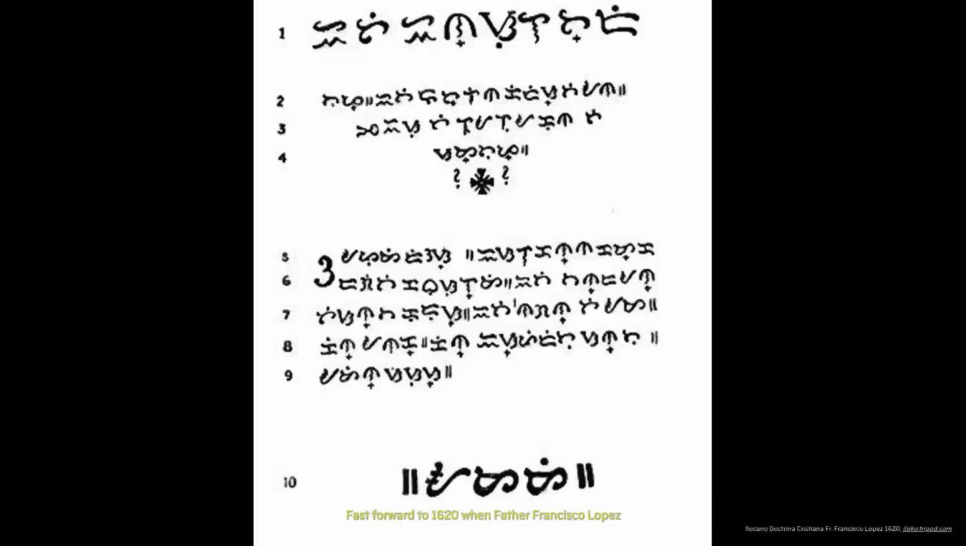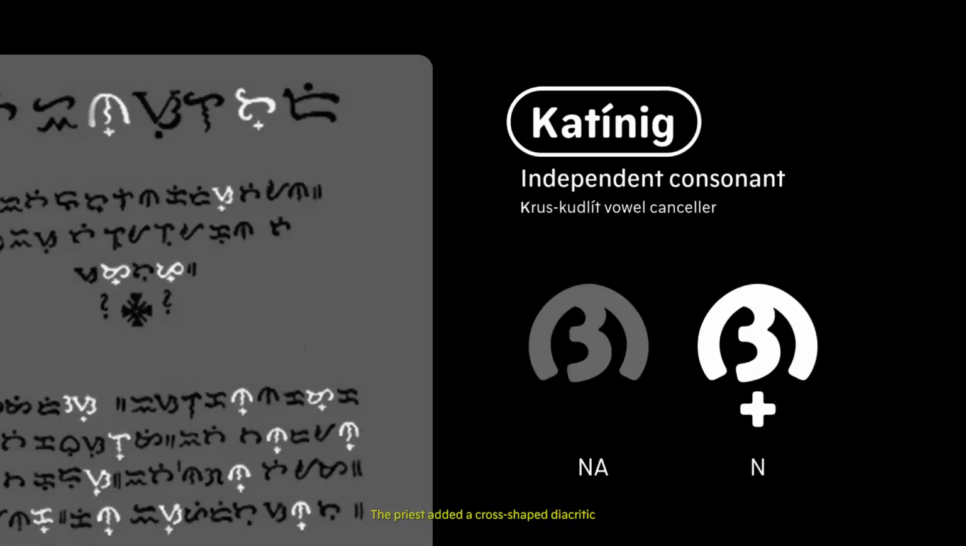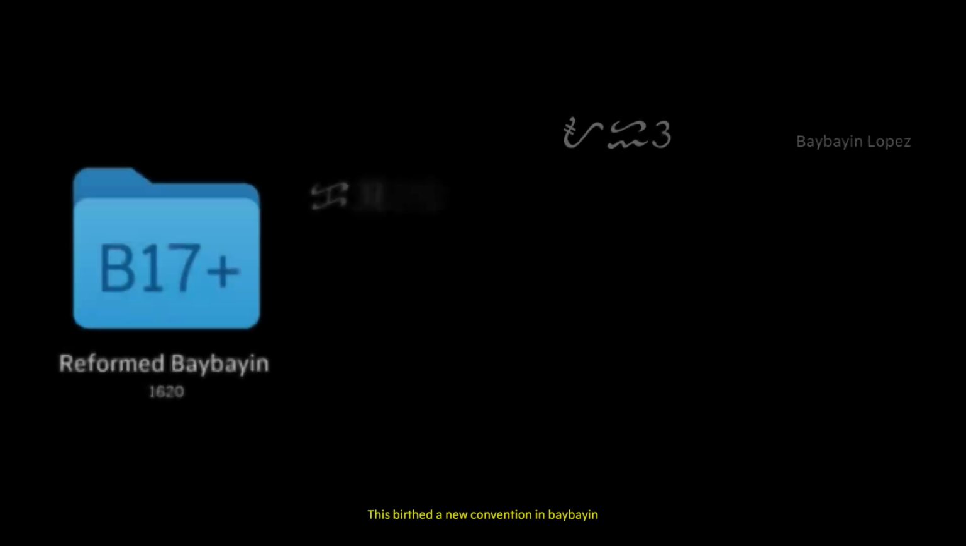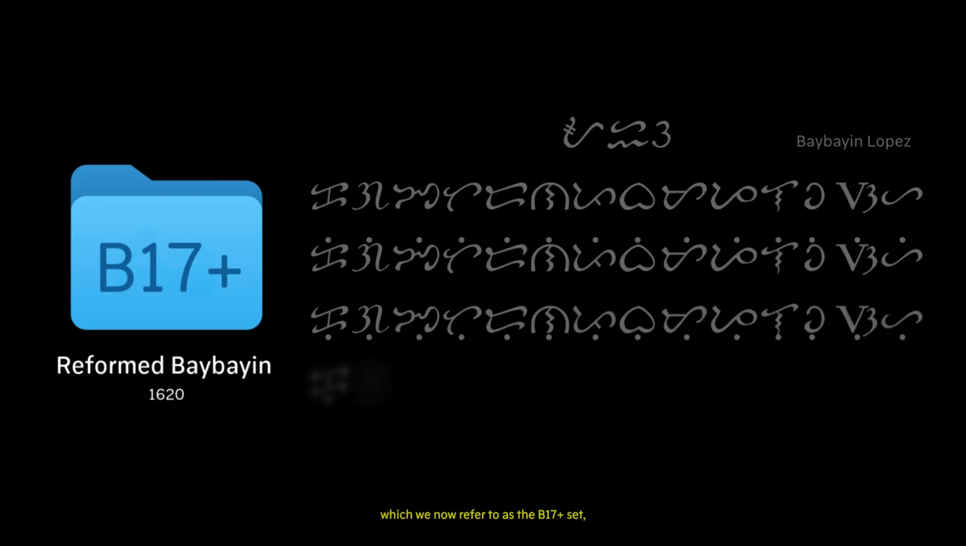Fast forward to 1620, when Father Francisco Lopez prepared to publish the Ilocano Doctrina, introducing a reform to Baybayin in an attempt to fix the omission of final consonants that the Spanish found confusing. The priest added a cross-shaped diacritic, or cruscudlit, below the base character to act as a virama or vowel canceller, producing independent consonants. This birthed a new convention in Baybayin, which we now refer to as the B17 plus set